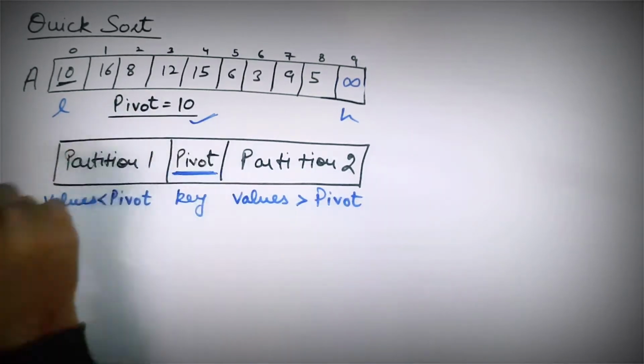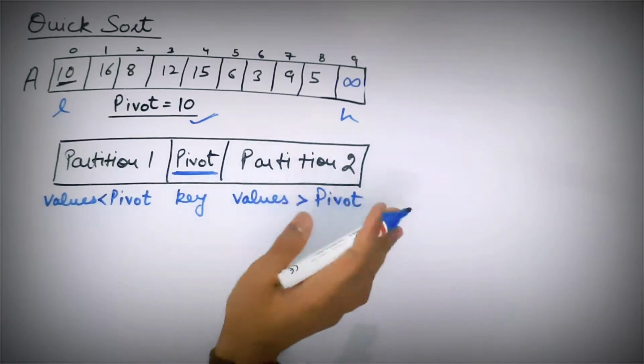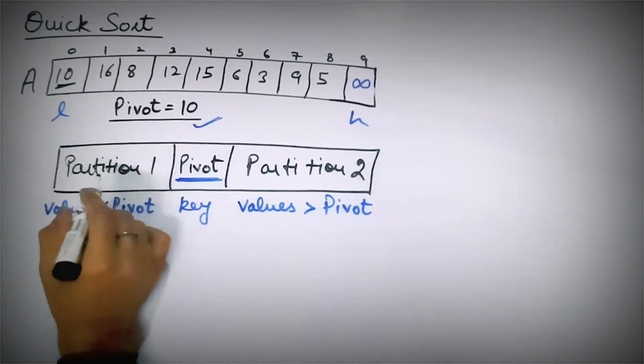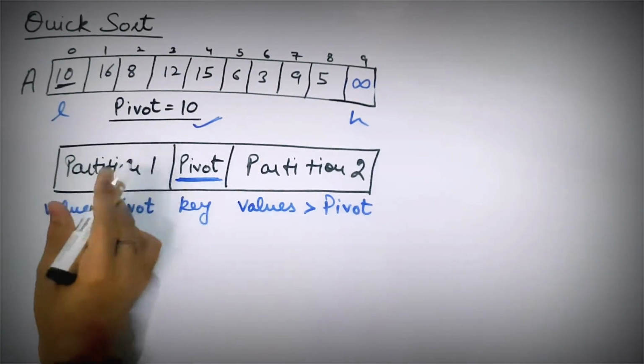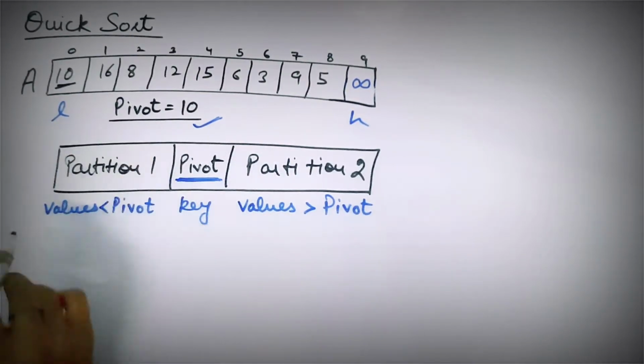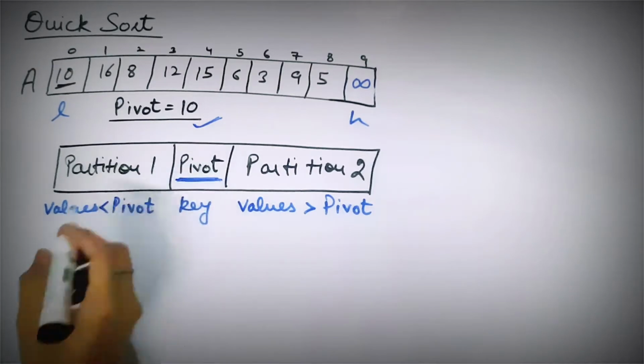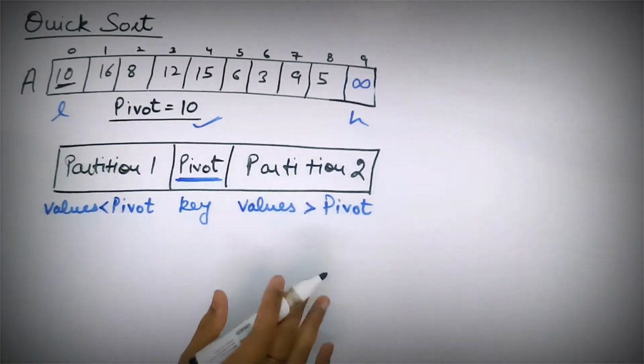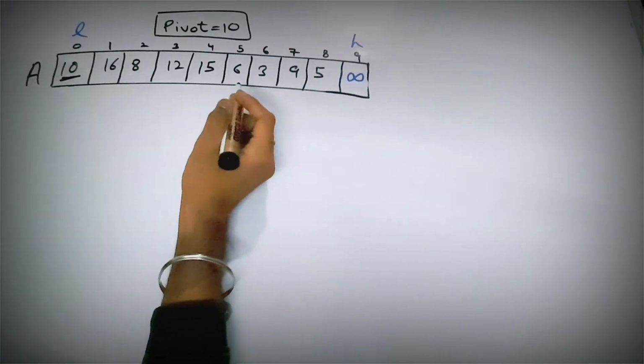So after getting this partition 1 and partition 2, we will follow the same steps. In partition 1, we will first select a pivot element and divide this array into two subarrays. हम तब तक इसको आगे डिवाइड करते रहेंगे जब तक एक लास्ट एलिमेंट हमारे पास एक एलिमेंट नहीं बच जाता, and we will do the same for partition 2. Now take the example of this array.